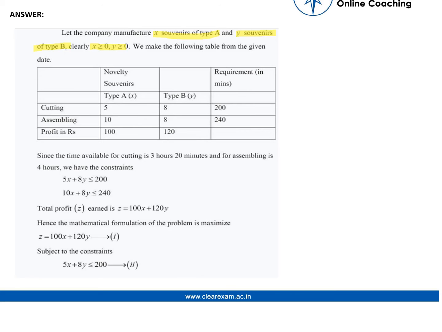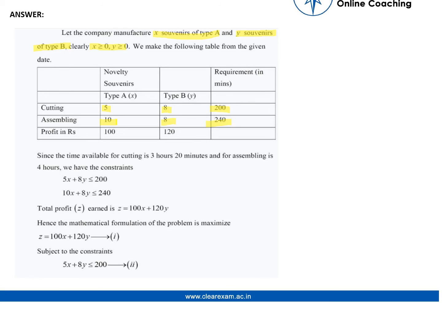The total time for cutting of type A souvenirs is 5 minutes, and the time for cutting each type B souvenir is 8 minutes. The assembling time for type A souvenir is 10 minutes, and the assembling time for type B souvenir is 8 minutes. The total time for cutting both the souvenirs is 3 hours and 20 minutes, that is 200 minutes, and the total time for assembling both the souvenirs is 4 hours, that is 240 minutes. So